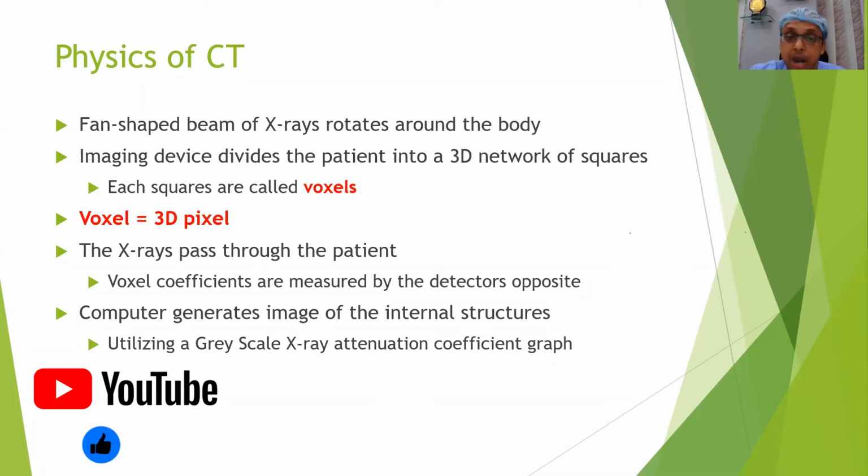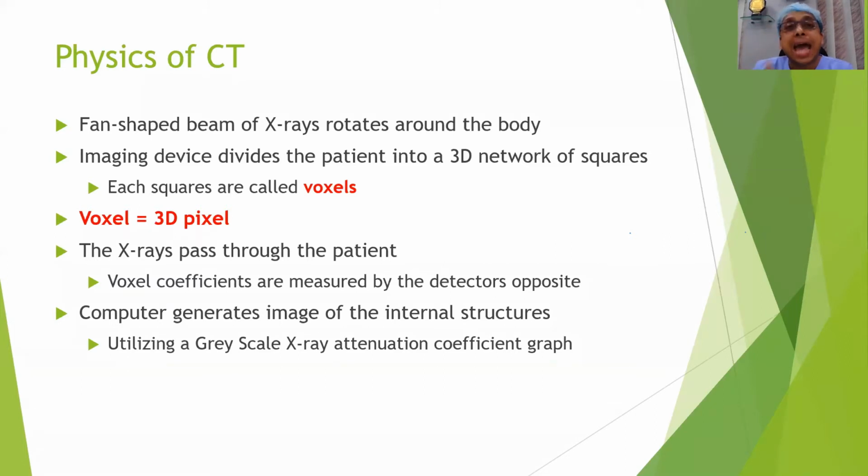Usually, like MR, CT scan is also shades of gray. Deeper gray means darker, kind of black. Lighter gray is whiter, very bright in color. So it's a grayscale X-ray type of coefficient graph that falls for different segments of the body. Different structures of the body will have different shades of gray. That's how you need to understand and look at the CT.